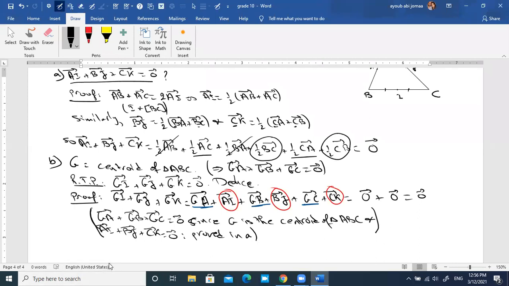G is the centroid of IJK. G is centroid of IJK. So here, now, GI plus GJ plus GK is equal to 0. This means that G is the centroid